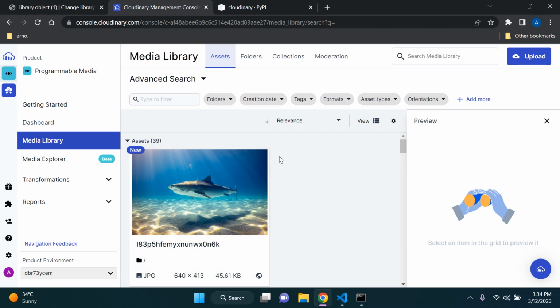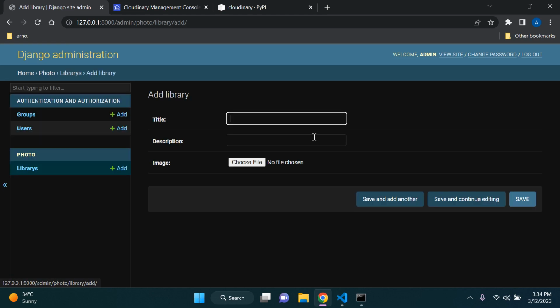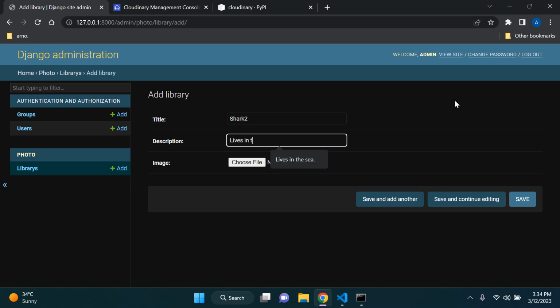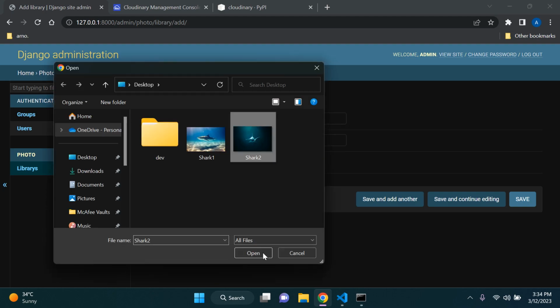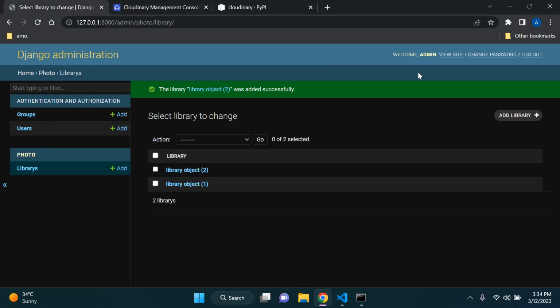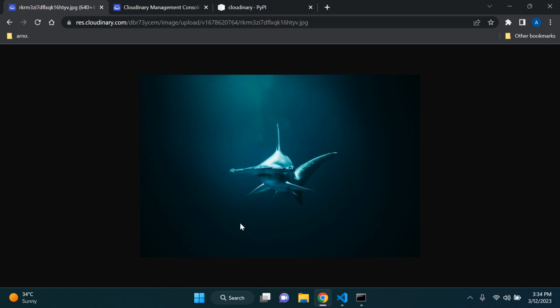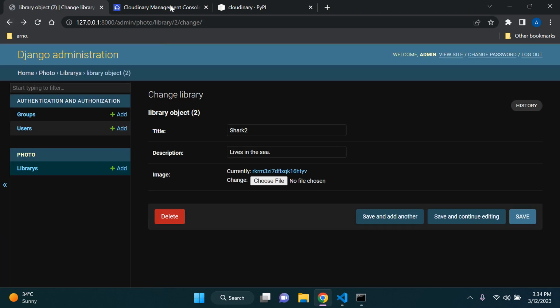Now we can do another test. Let's add a second one. So you can head over to library, add library. And we can just, for example, say shark 2 lives in the sea. So just something random, choose a file and choose another shark and save it. Okay, and library object 2, and you can see it's now serving through a new link our image, and there we have it. Perfect. We can head on back,